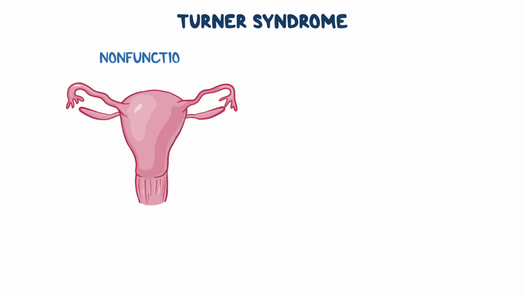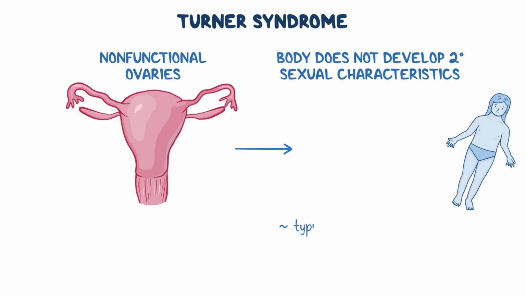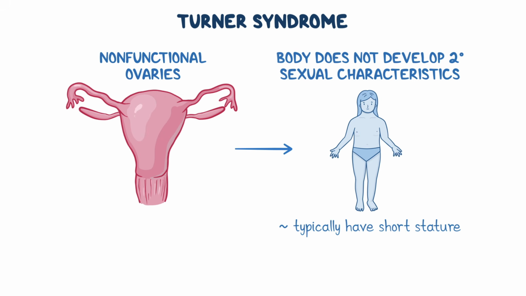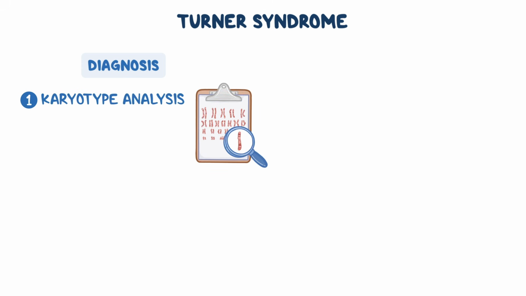Also, non-functional ovaries can't trigger puberty, so the body does not develop secondary sexual characteristics. On top of these challenges, individuals with Turner syndrome typically have short stature. Diagnosis primarily relies on karyotype analysis, which typically reveals the 45X0 karyotype, or sometimes the